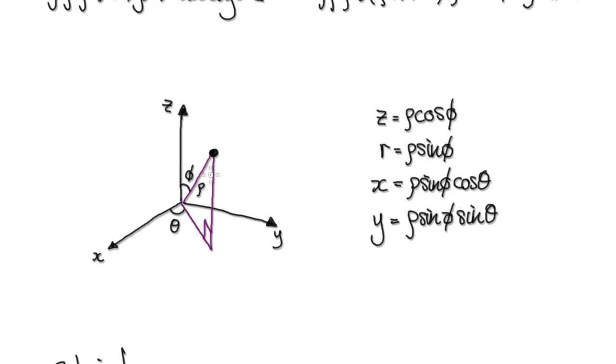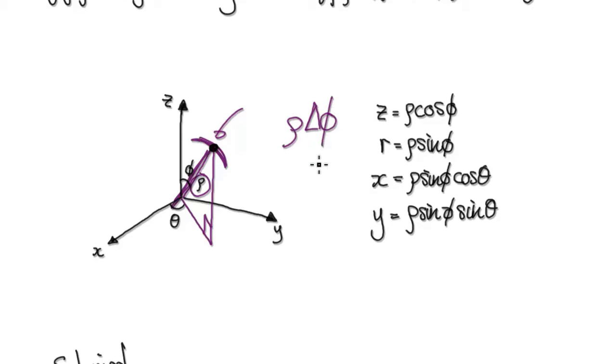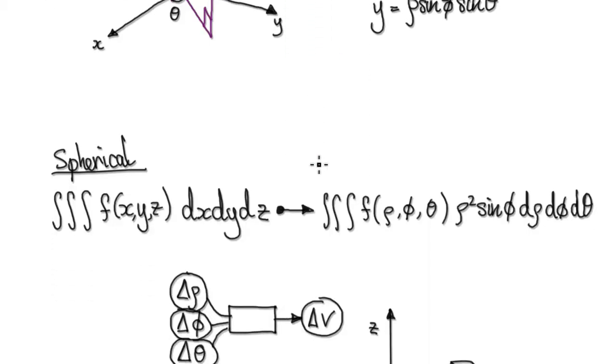And then if you want to know, as you swivel this vertical angle, it would be this. And then if you want to know this arc length, it would be this length, which is rho, the radius of the sphere, and then you times by the change in the angle, which is delta phi. So going back to here,